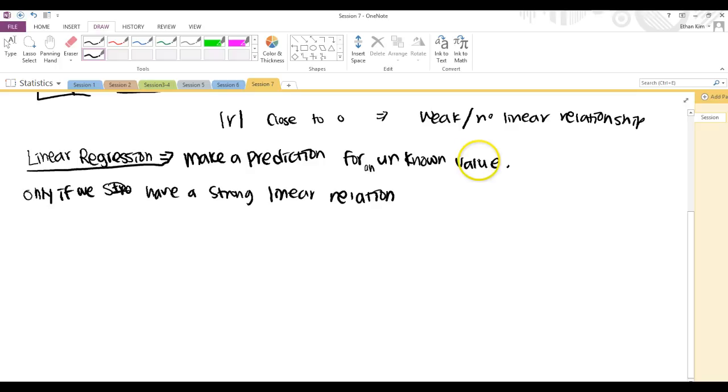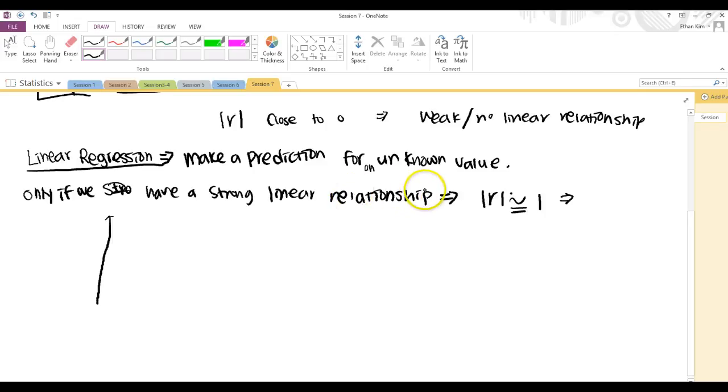And we can figure this out by doing what? By looking at the absolute value of r. If the absolute value of r is close to 1, that means that there is a strong relationship, right? And we want to use that because of what linear regression is doing,